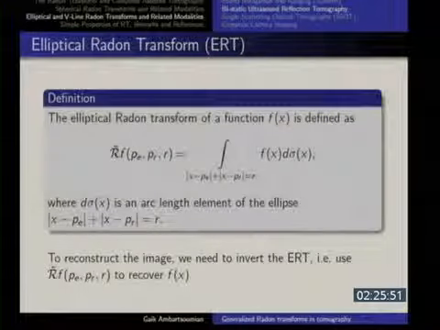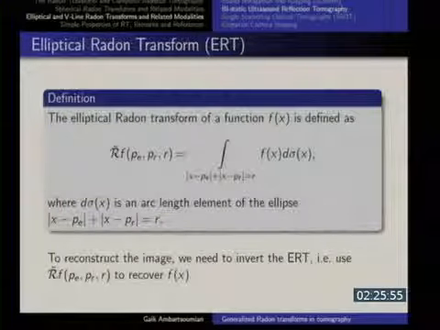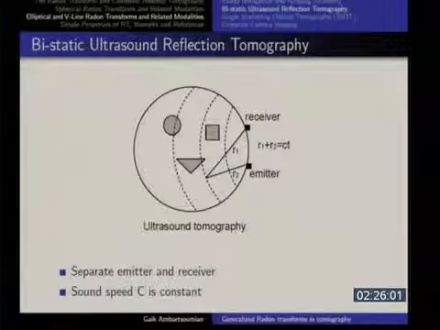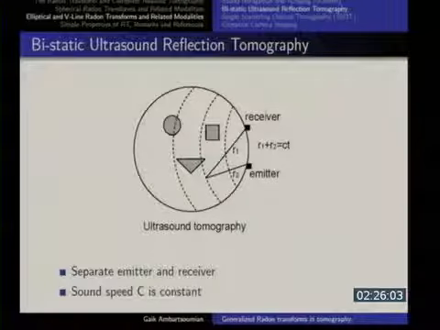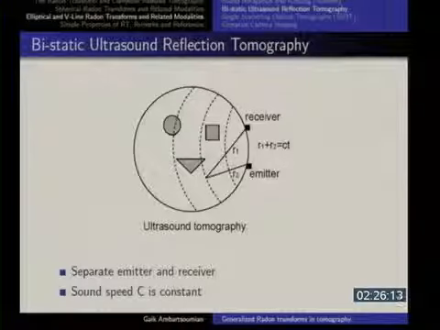That's great if you can collect all that. But again, you probably were not going to be able to collect that in medical imaging. Let's say if you were doing it on a patient with separate emitter and receiver, your emitter and receiver would be limited to a curve, and you still can drop the dimensions a little bit to have the right amount. For example, we have been looking at some problems with Venki where the distance between the emitter and the receiver is fixed.